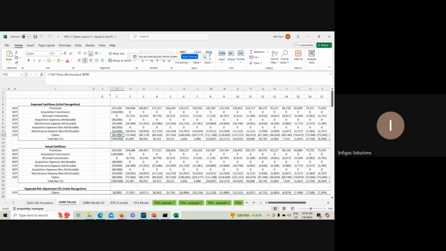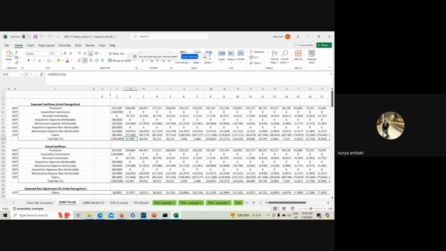Okay. So to sum this all up, it comes to this amount. In the next year, we use the same formula, but this acquisition expense commission is 0 because acquisition happens only once. After that, there is a renewal commission. Make sense? So renewal commission is this, and all these are formulas here. So you calculate the cash flow.